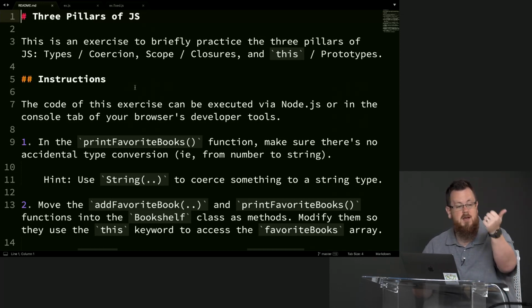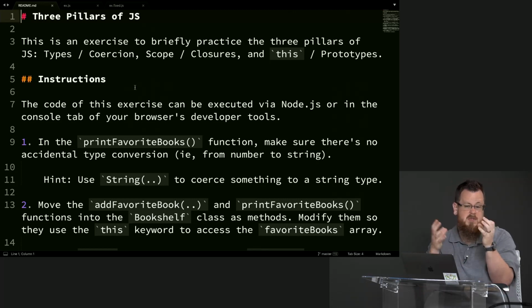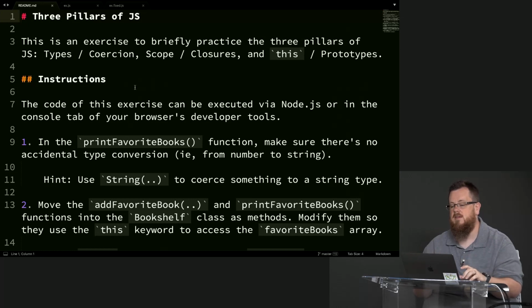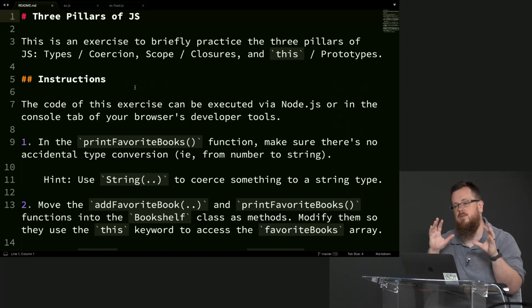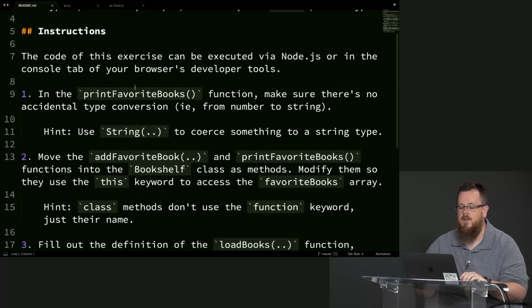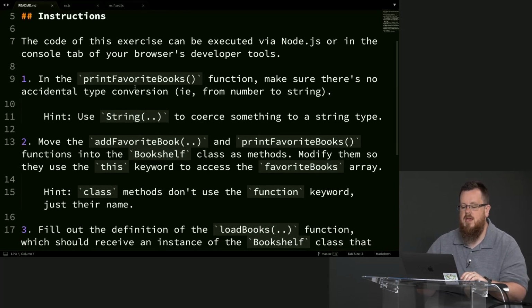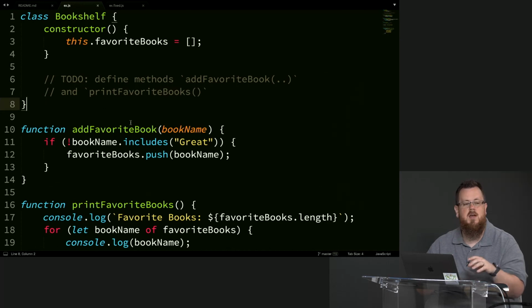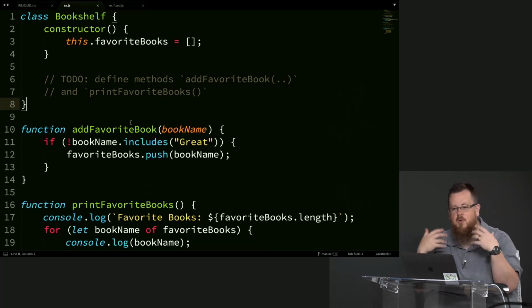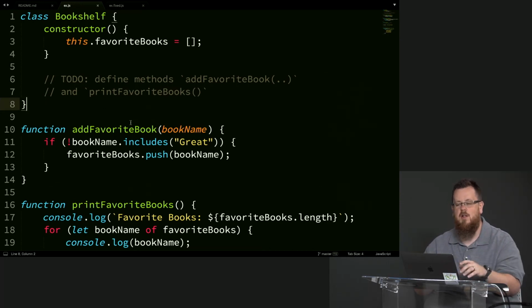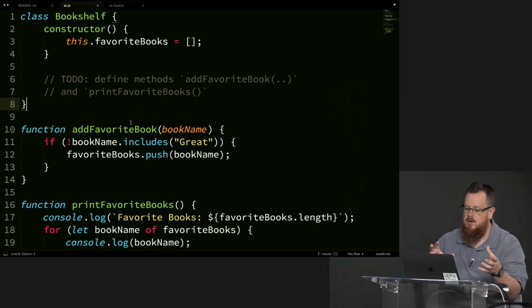We're going to be practicing a little bit about types and coercion, a bit about scope and closures, and a bit about the this keyword and prototype, specifically using that class syntax that we talked about at the end. So let me orient you to this exercise, and then we'll give you plenty of time to work on that. What we're going to be doing is revisiting the exercise from previous, but we're going to be adding some more functionality to this now, or a little bit more sophistication to it, now that we understand a little bit more